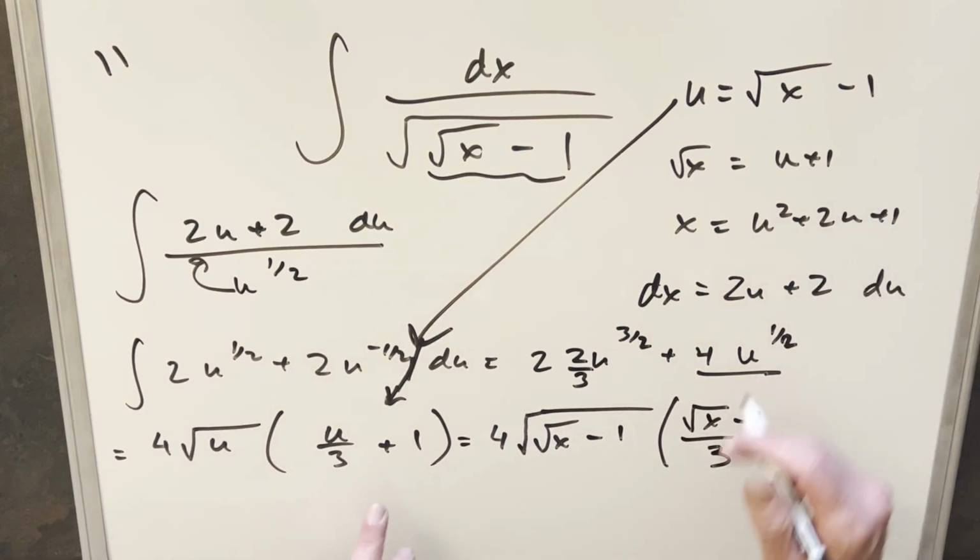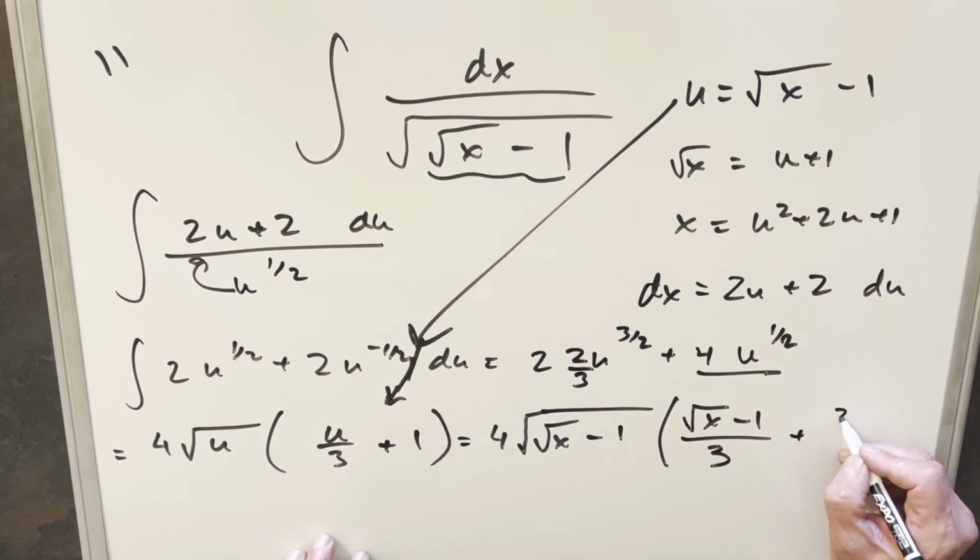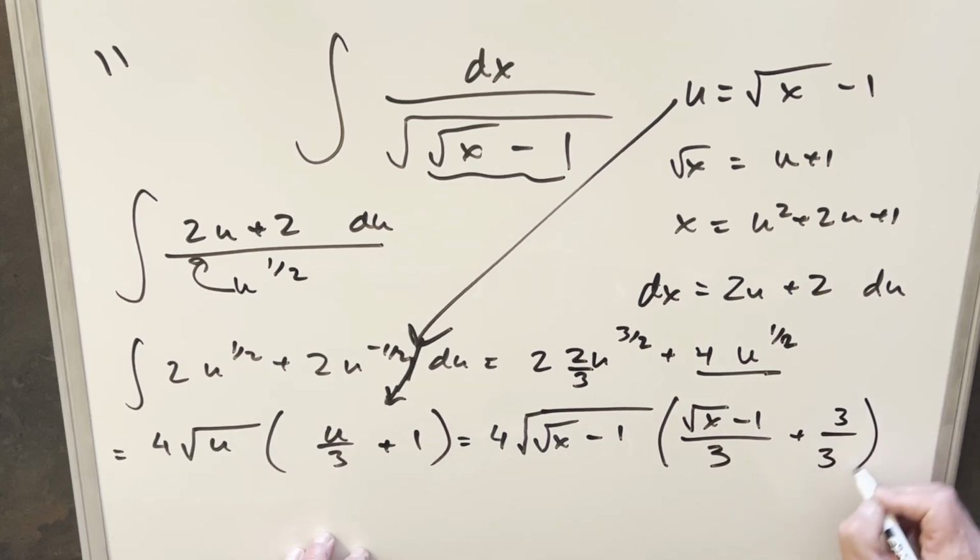You know what we need to do for this plus 1 here? I'm going to write this as 3 over 3. We could leave it, but let's just simplify it a little bit more. I think I need to. Yeah, let's just do that. Okay, so then